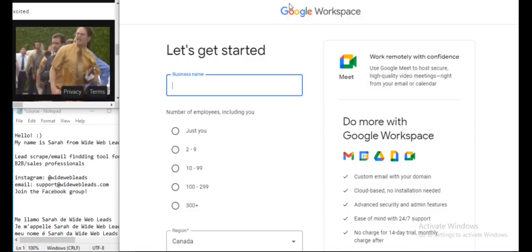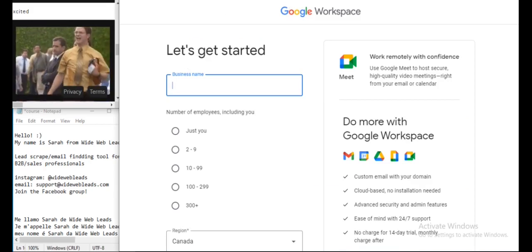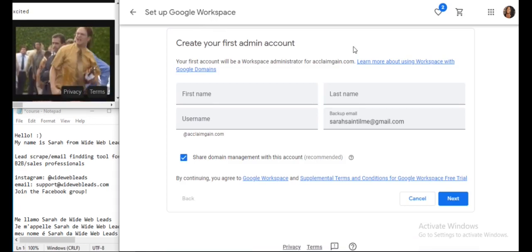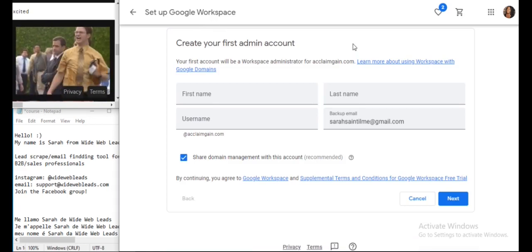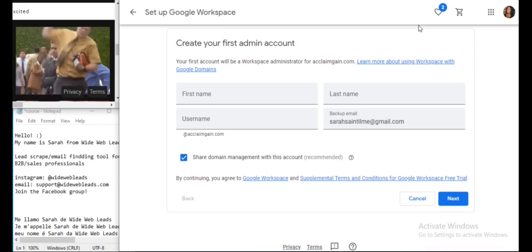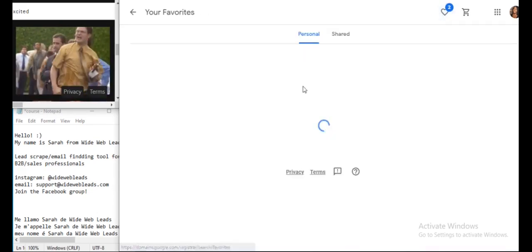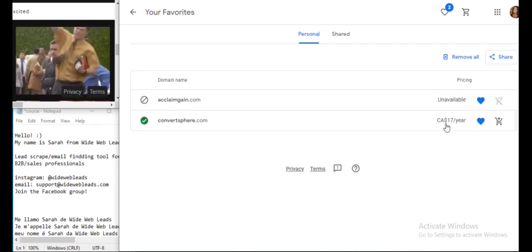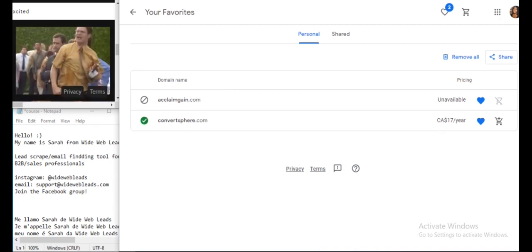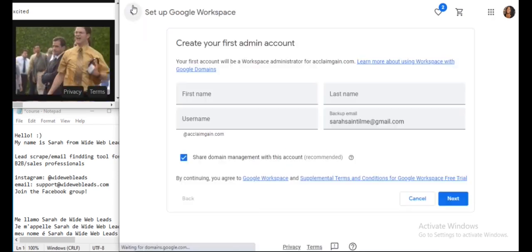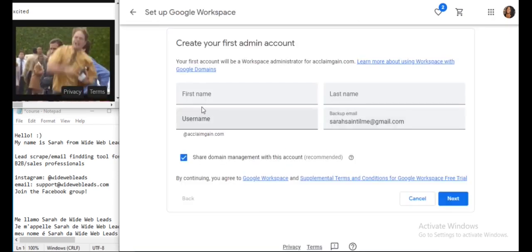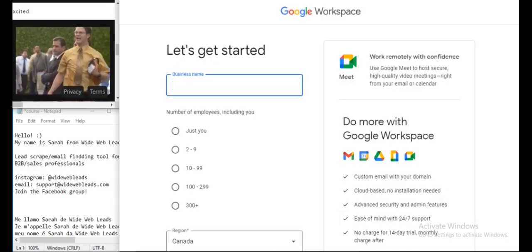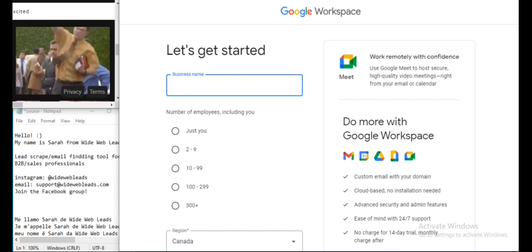So there are two ways. You can go directly through Google Workspace if you already have a domain name, or you can purchase a domain name for like $15 a year on Google. So yeah, they're very affordable. Like if you can see here, yeah, $17 Canadian a year. So very, very affordable for your own domain name, and creating your email is also very affordable as well. So it's only $7.80 a month, okay?